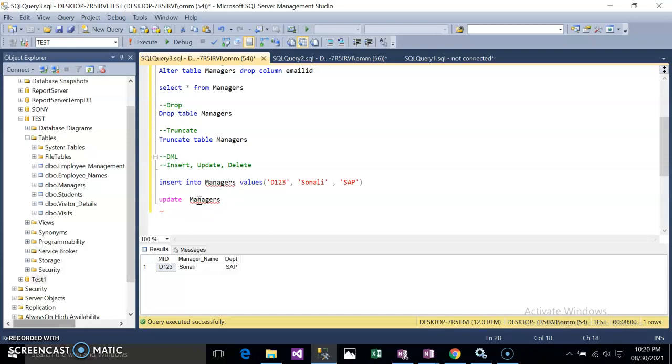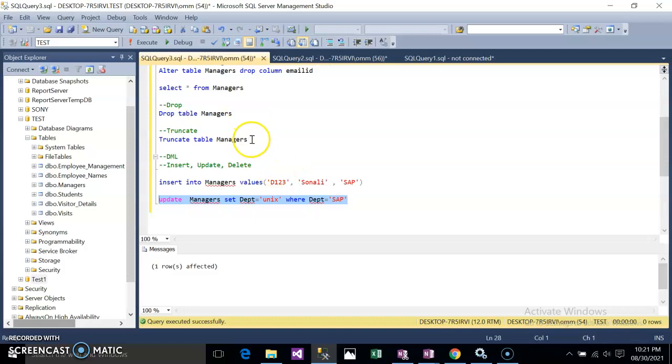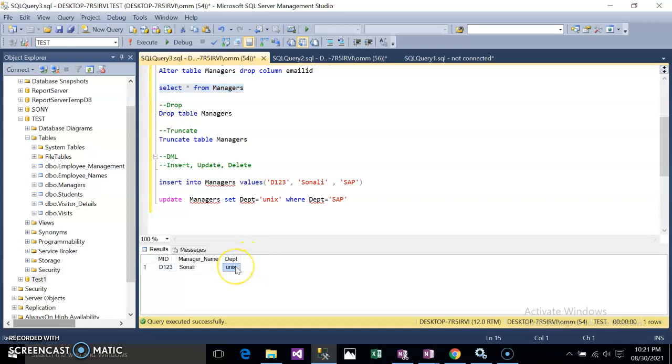Update managers set department equals to, let's say, Unix, where department equals SAP. Okay, so I have executed it. If you want to see the data now, you can see where the department was SAP, the department has become Unix.